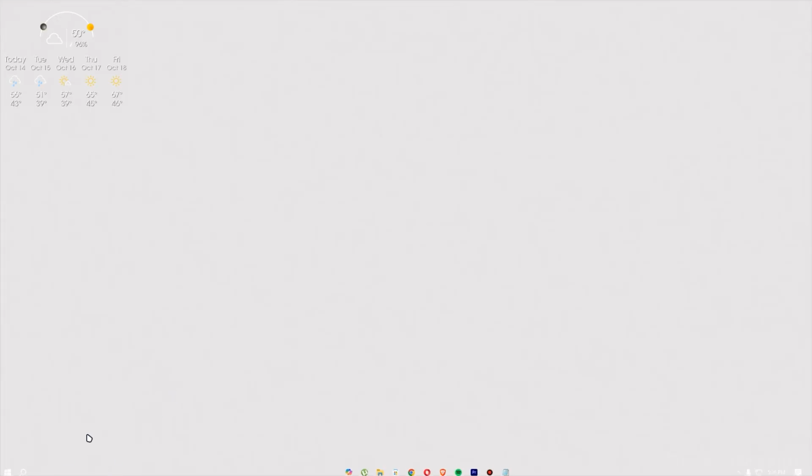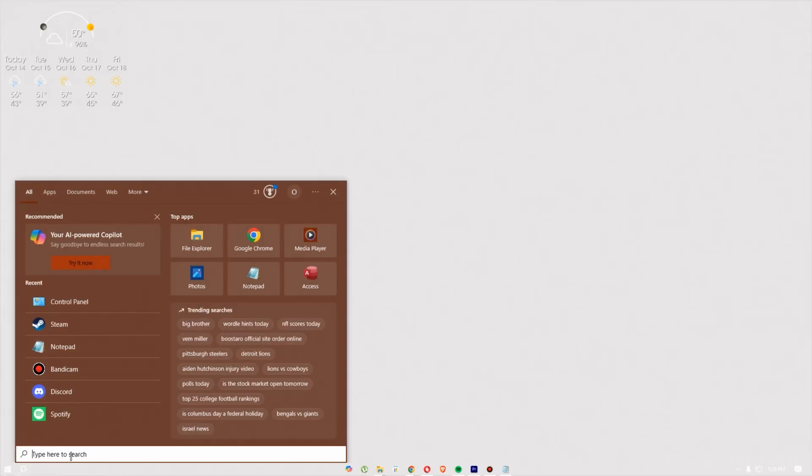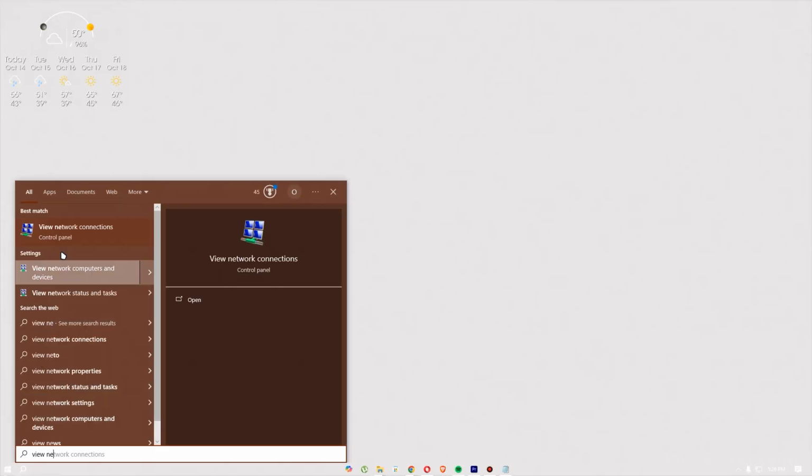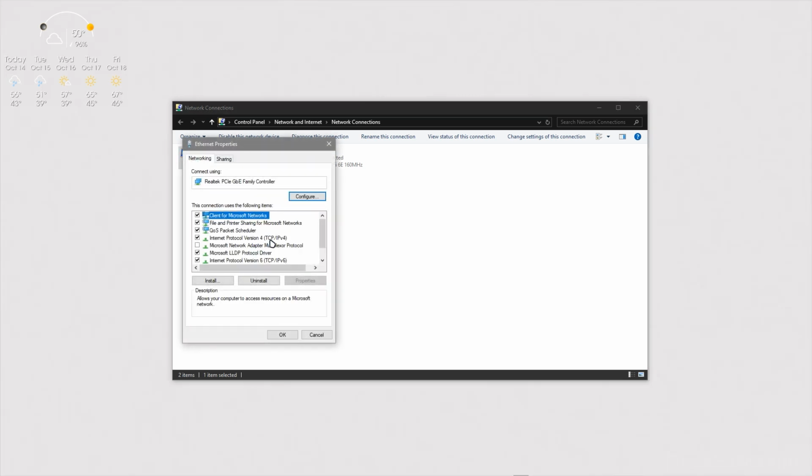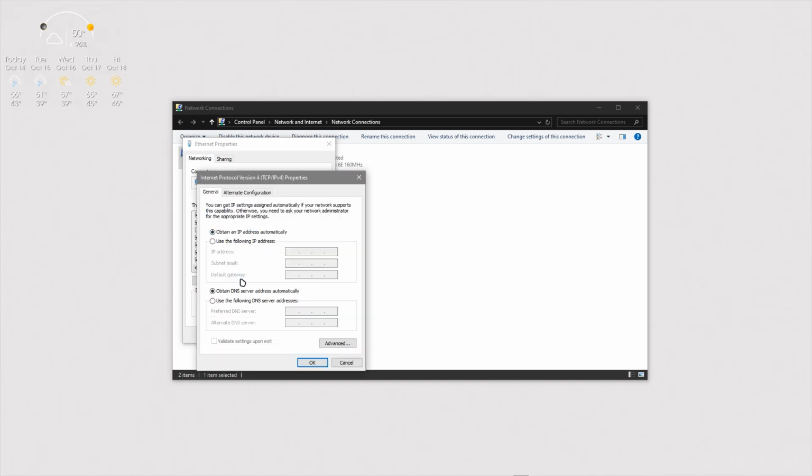And this is our second method. Just go to the search bar and search view network connections and click this. Once you are in here, just right click your internet and go to properties. Once you're in here, make sure you target Internet Protocol Version 4 and use the following DNS server addresses. Now just copy what is written in my DNS server